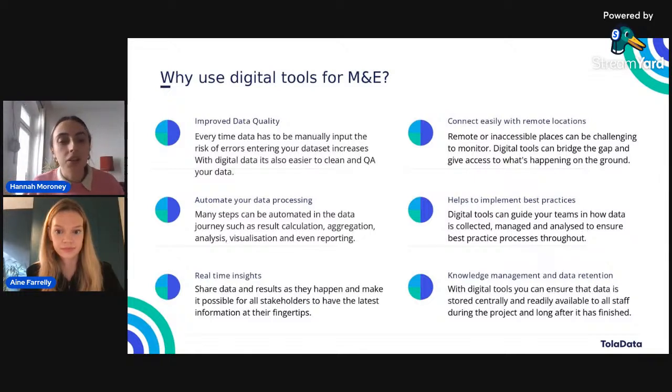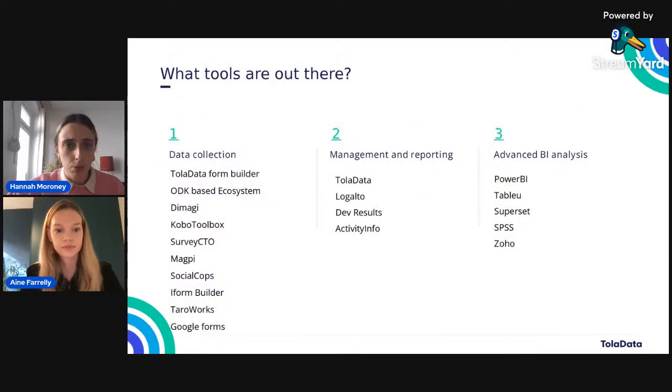But with digital tools, you can ensure all of your data is stored in one place, easily accessible to all staff, both during and after the project. And this comes into the transparency and accountability side of things as well, because with digital tools you can keep quite a clear log of who has changed anything, who has entered the data, and all of this is so important for making sure that best practices are implemented as well.